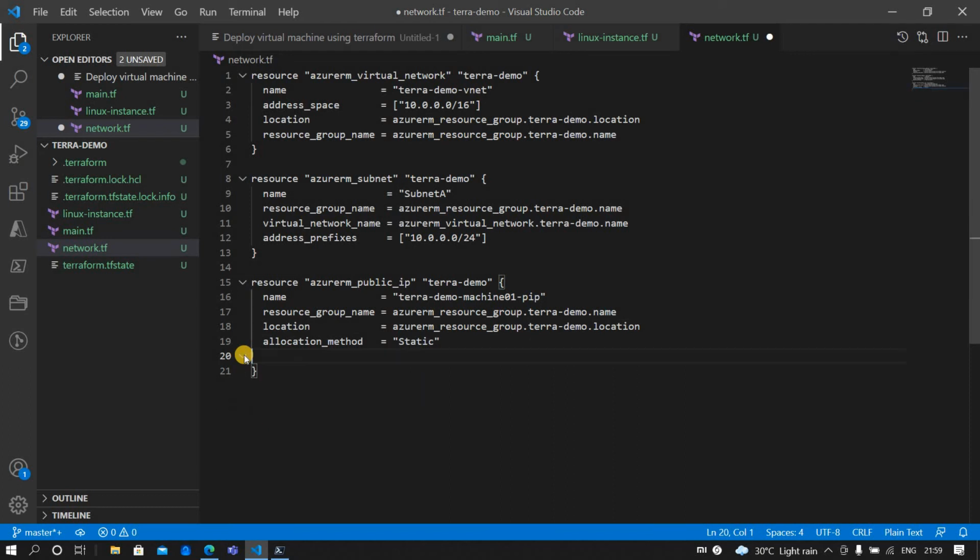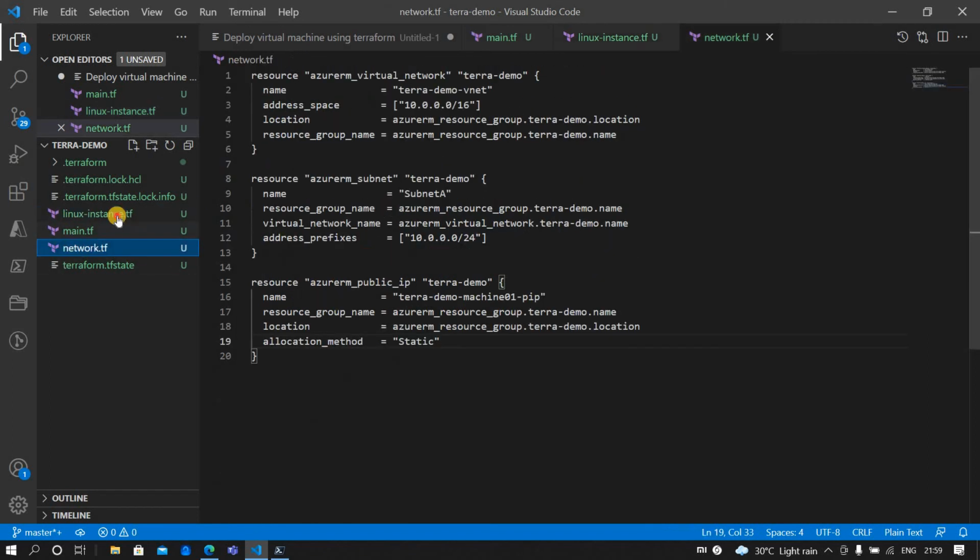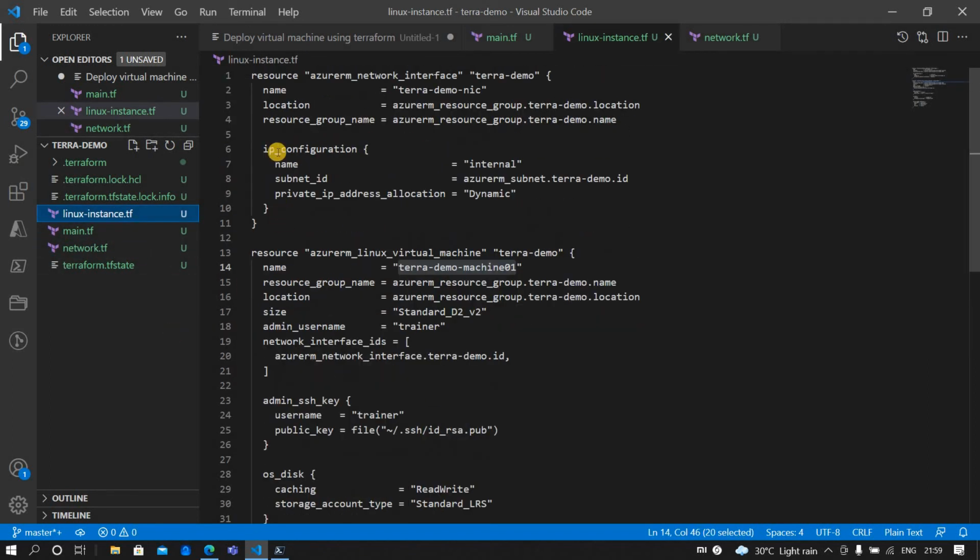I don't want the tags. I'll save this, but I also need to make Terraform aware to attach that public IP to the Azure RM network interface.